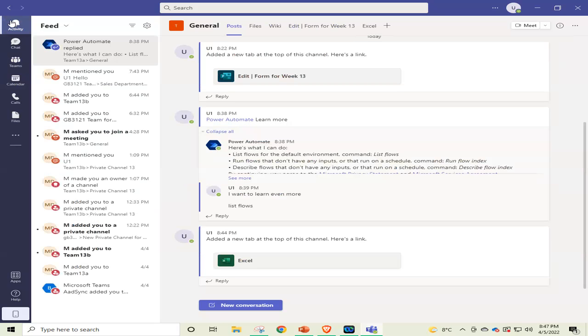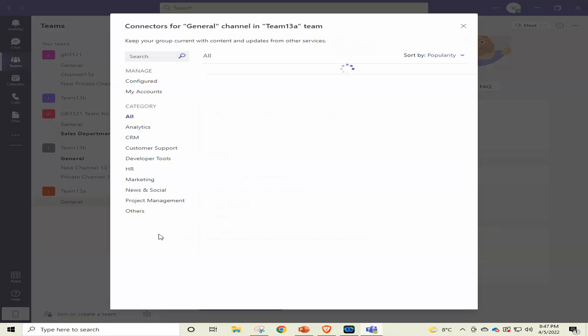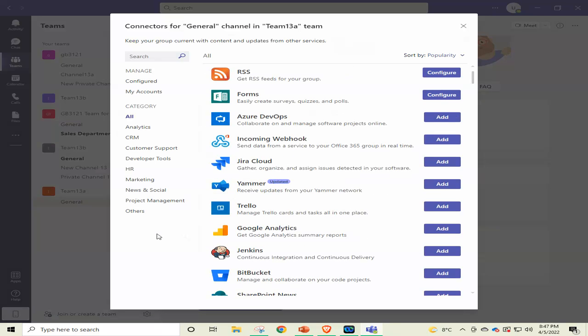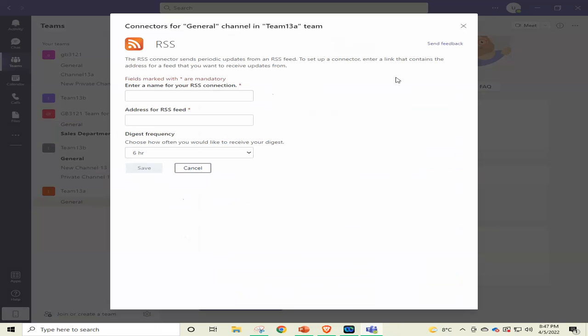Okay, try once again. We go to our Teams, we go to our last team, we go to our general channel, and in the channel we click on the menu and we click on the connectors. And from these connectors, okay, let's try a different one this time. Oh, configure, sorry. We have to configure the connectors for our team also, yes. First we add, then we have to configure.